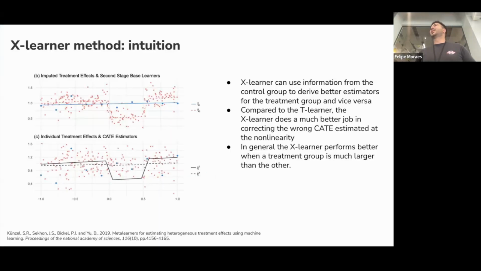I think I finished my part a bit earlier, but if you have any questions about the X-learner before Hugo takes my place. I know the X-learner does very complex things, and if you're interested in it, I recommend going to the paper as well. It's well explained. But if you want to try some of these methods as meta-learners, in the beginning you should go for the S-learner and the T-learner first, before going for this very complex one with many models instead of just 1 or 2.